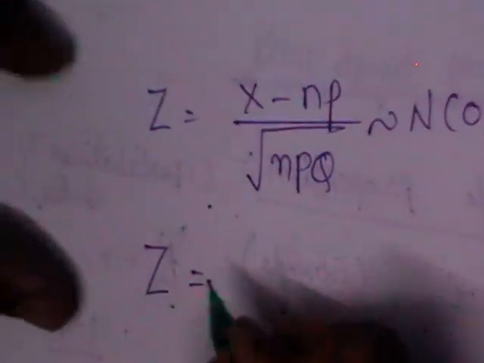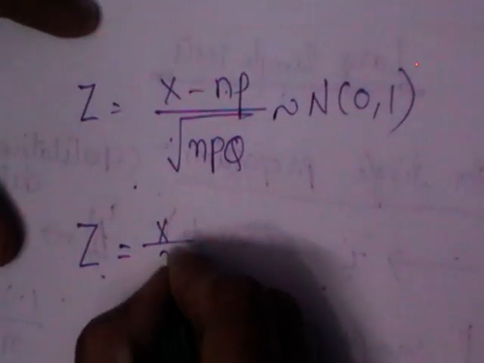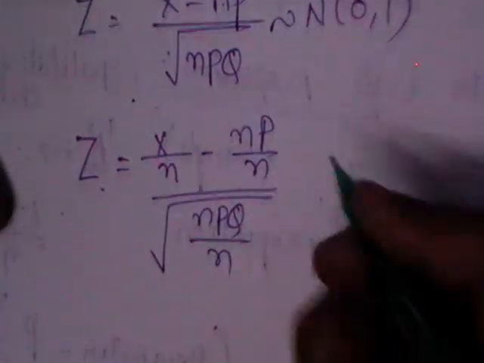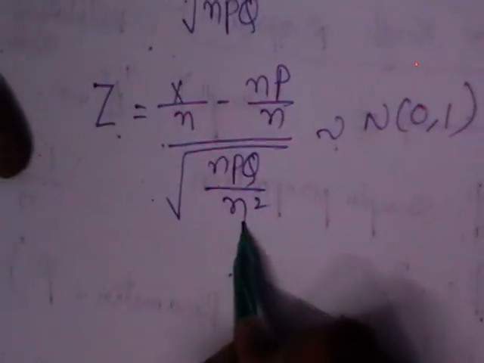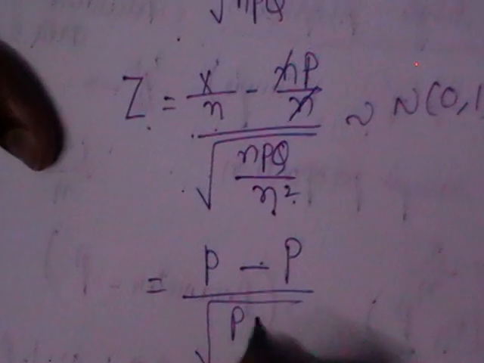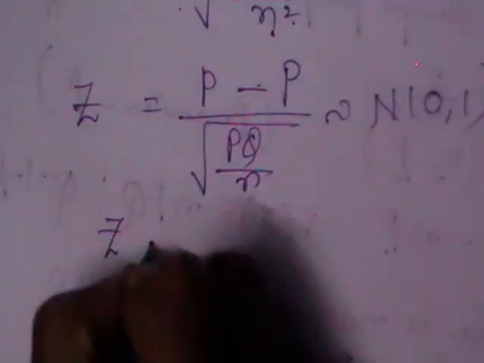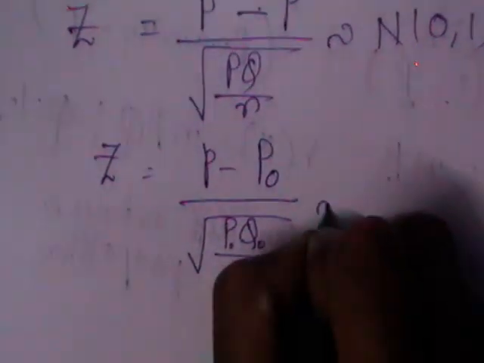So as this is the test on proportion, let us divide the entire expression with n. X minus NP by n, by root over NPQ by n squared, follows N01. As you are dividing with n, when it goes inside the square root, it is going to be squared. What is x by n? It is nothing but p, small p, minus P, n will get cancelled, by root over PQ by n follows N01. So under H naught the test statistic will be P minus P naught by root over P naught Q naught by N follows N01. This is the test statistic for single